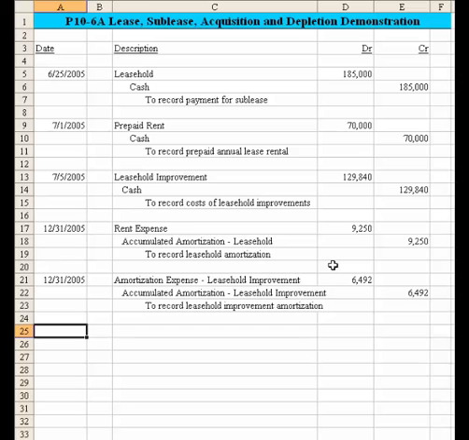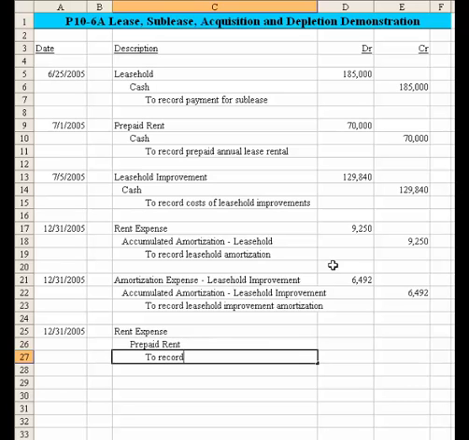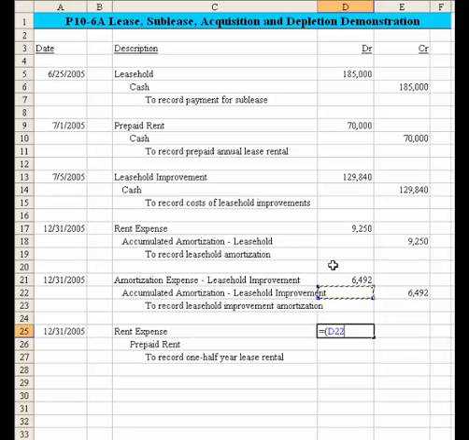Now let's take care of the last adjusting entry to record, which would involve recording the lease rental itself. So we have rent expense. We need to take that out of the prepaid rent account, and this one would be to record 1/2 year of lease rental, right? I'll use the same sort of format, left parenthesis, of the rent expense. That's going to be equal to the 70,000, right? And we'll just multiply that times 6/12. So we really didn't need a parenthesis in the first term, but I'll leave it there just for consistency as to how I approach the other ones. And that takes care of part 1, dealing with the journal